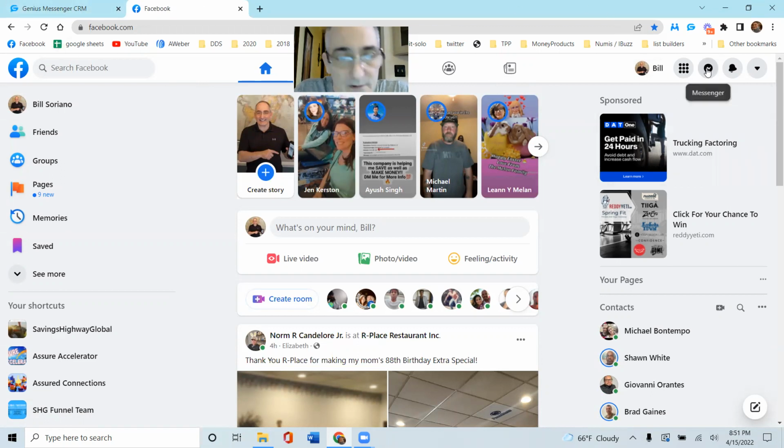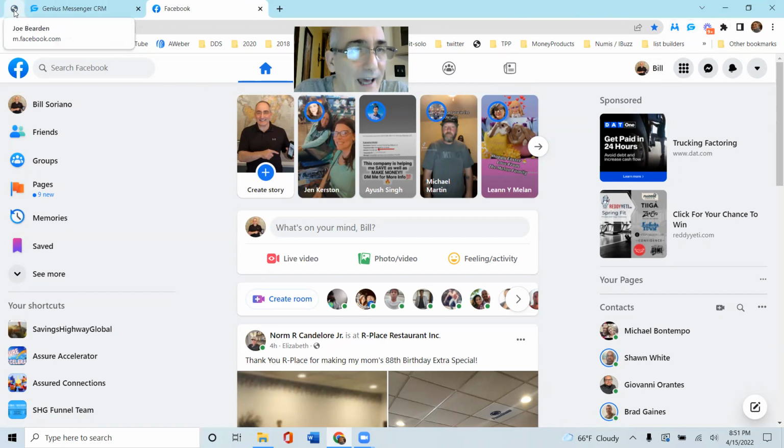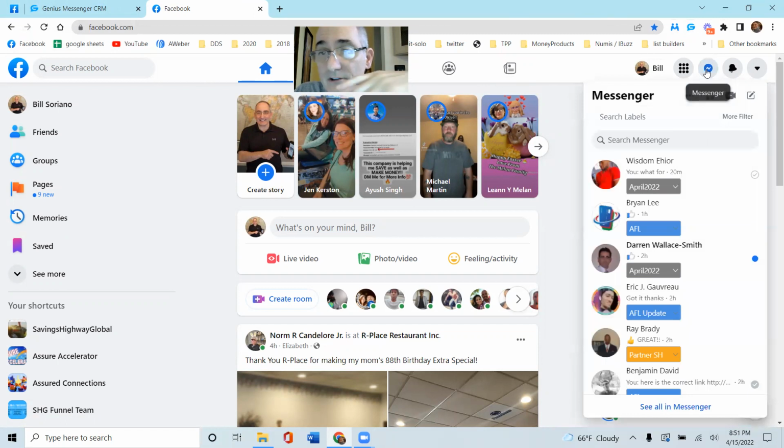So what we're going to do is wait a few minutes here. What else can I show you here? It looks like it's going to, see how it pulls up another tab here, and it's going to go ahead and send a message to somebody with that label, and then it'll wait 2 minutes and send a message to somebody else. So if we click Messenger here just to see,